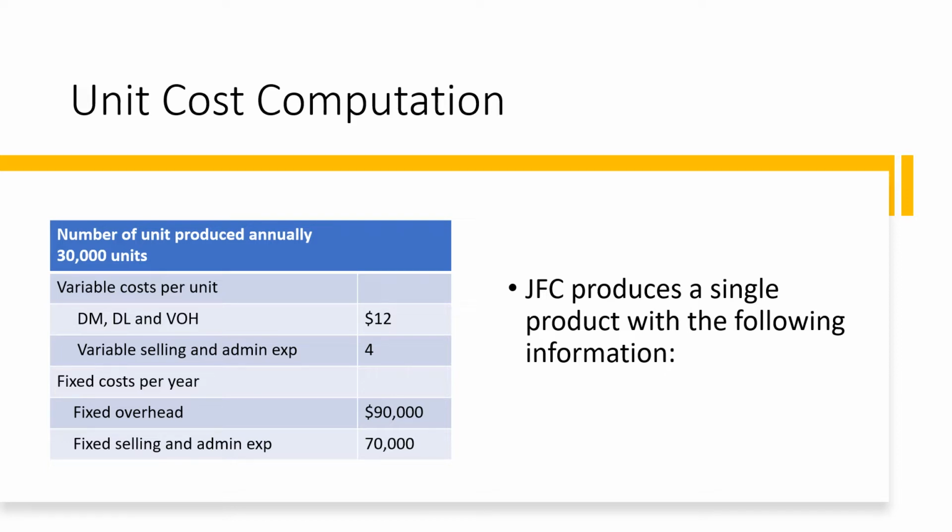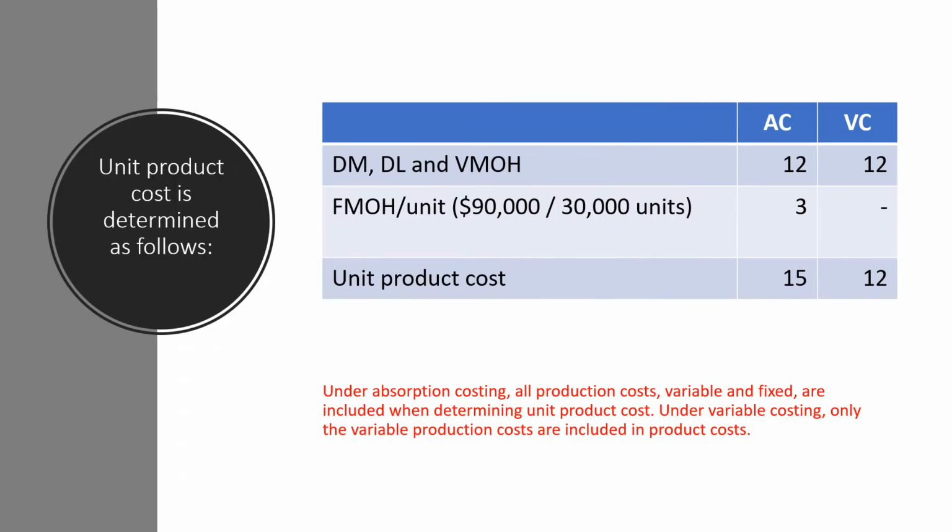Fixed costs for 1 year are also given. Fixed overhead is 90,000, while fixed selling and administrative expense is 70,000. So your unit product cost is determined as follows. Let's start with absorption costing. Your total unit product cost is $15 per unit. How did we compute the $15? First,